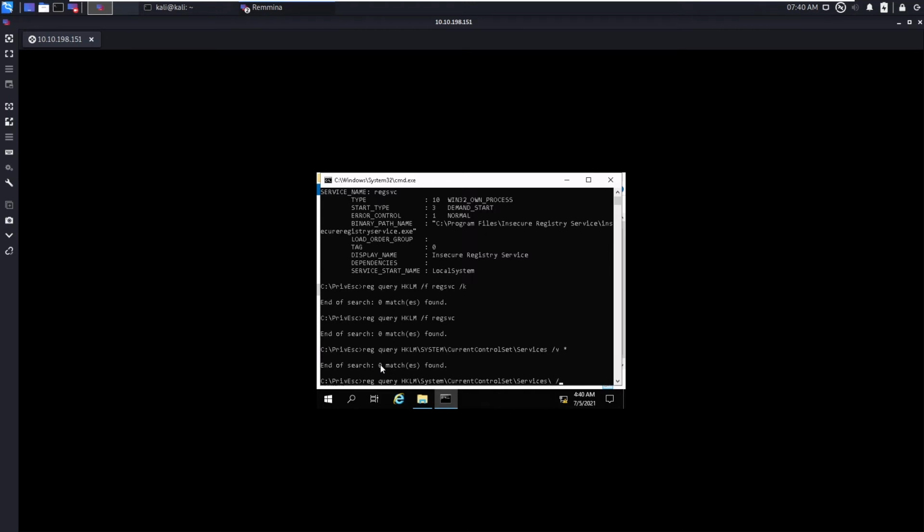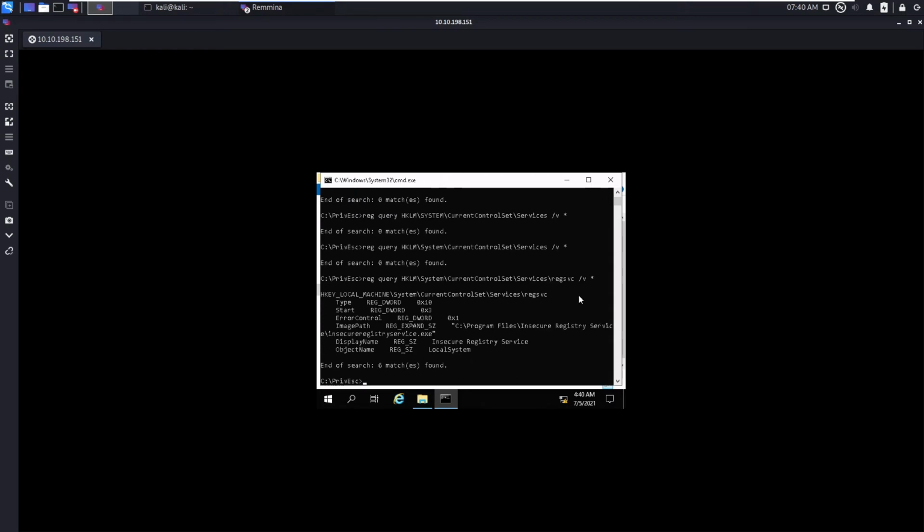So in these services, there are 0 matches. Okay, now what you can do is search for regsvc, and then you can query for the values.